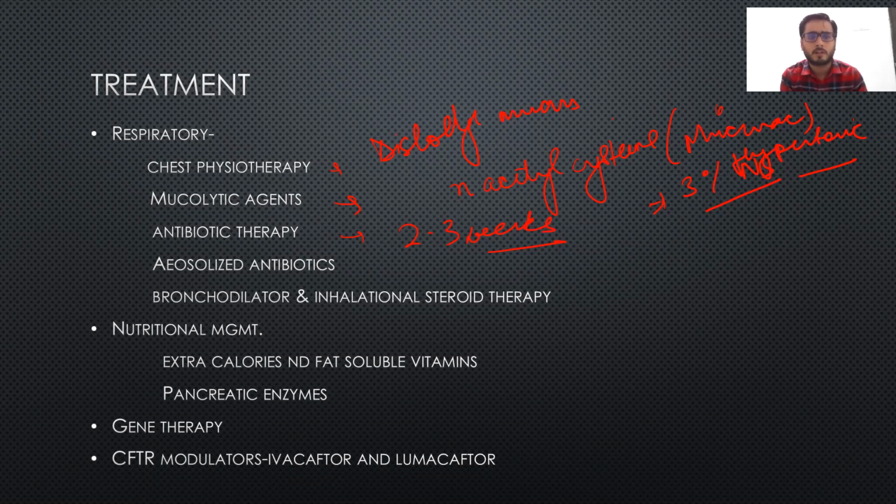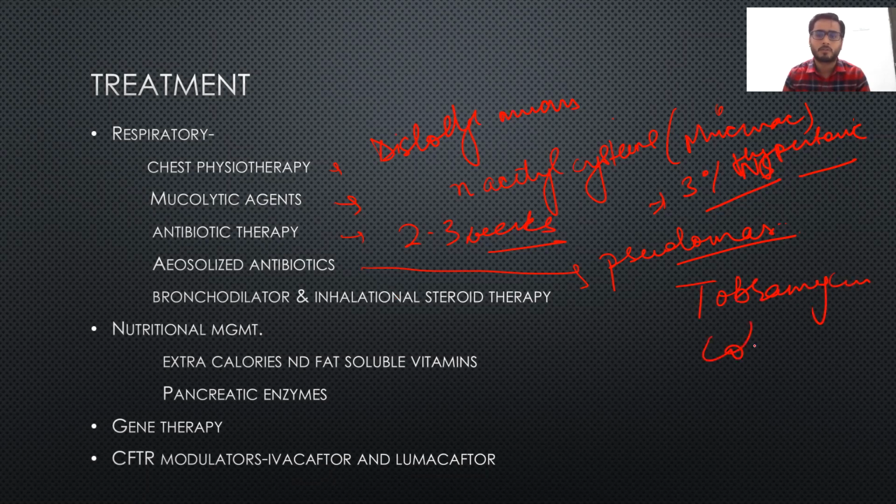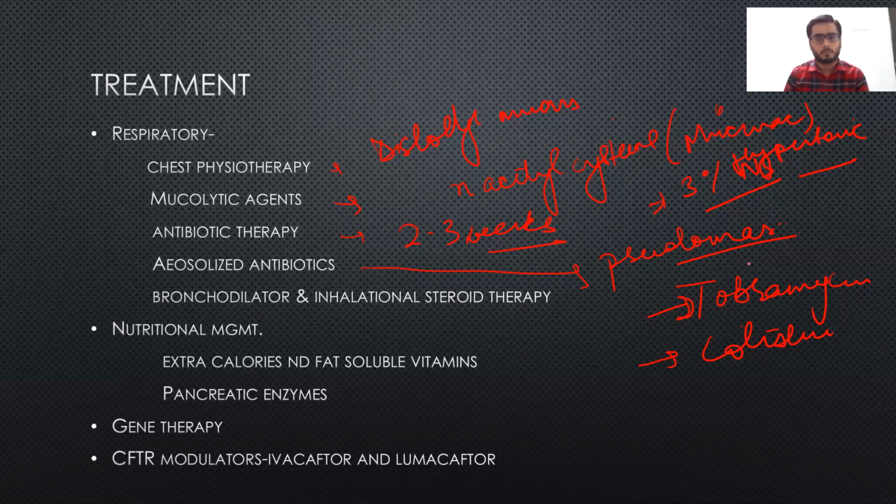Next is the aerosolized antibiotics. These have a major role. When you are not able to clear the organism, you are getting repeat sputum cultures done again and again, and you find that Pseudomonas is again not getting cleared. What antibiotics are tried? Tobramycin and colistin. So colistin and tobramycin nebulization are being tried, and reports suggest they are very effective. In these patients, nebulization gives tobramycin and colistin on an on-and-off basis.